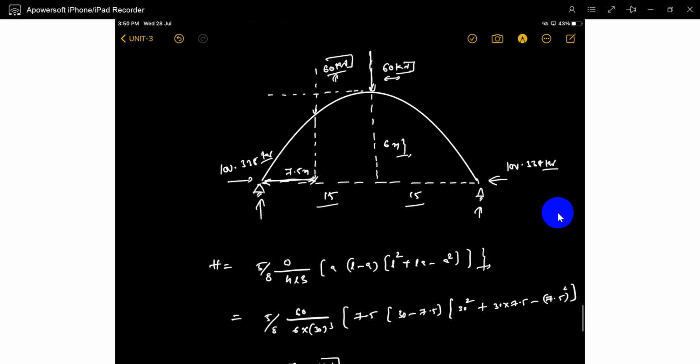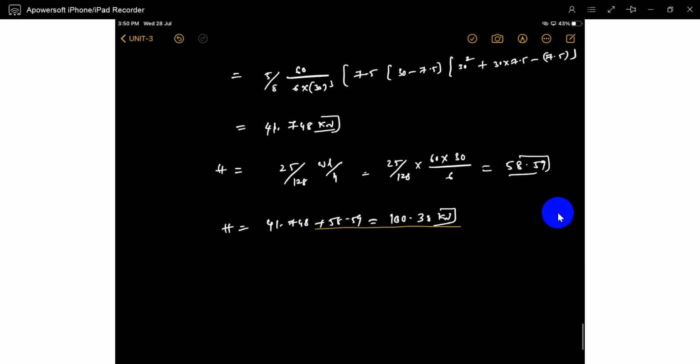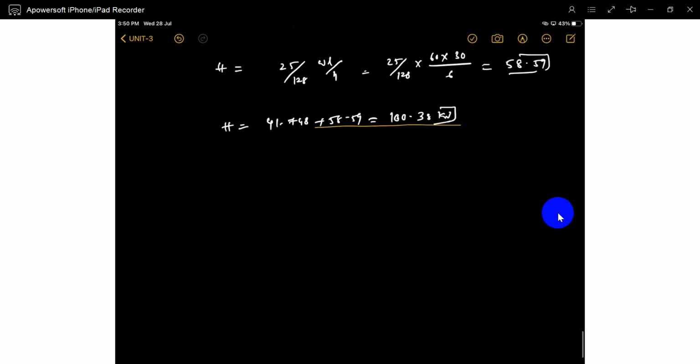Sir, this is like a formula. If you remember the formulas, you will get it. But we don't remember the formulas. How can we solve it? That is the question. So I will show you how we can solve it, and later we have to find out the bending moments. Okay, 10 minutes is there. Can we solve it now or later? Okay, we will see it.